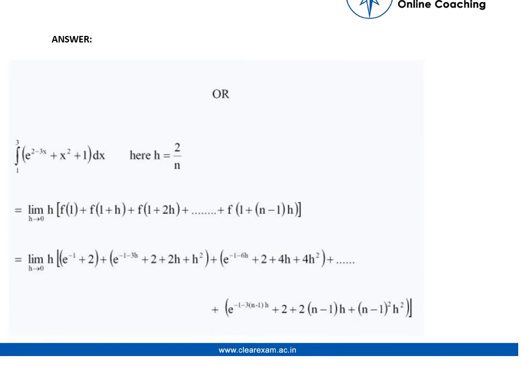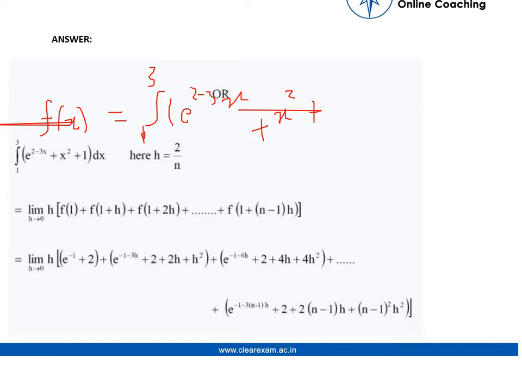Now coming to the second part of the question, we need to find the limit of the sum of f(x) from 1 to 3, the limits over e raised to 2 minus 3x plus x square plus 1. So here, to find the limit of the sum, the general formula is the limit a to b f(x) equals